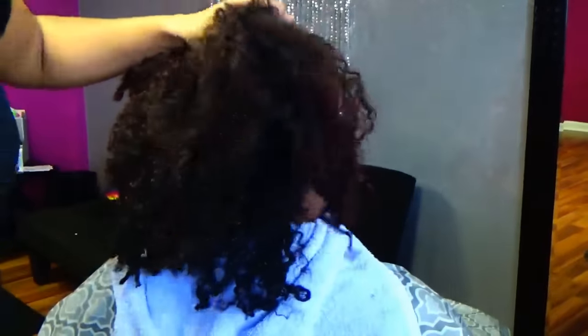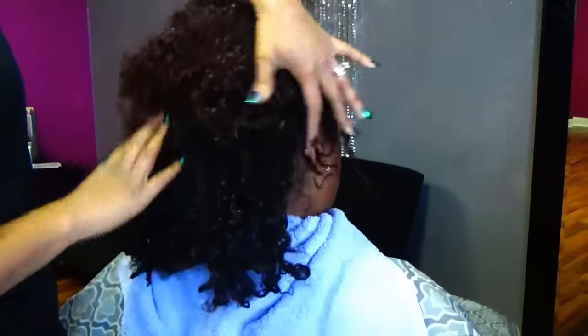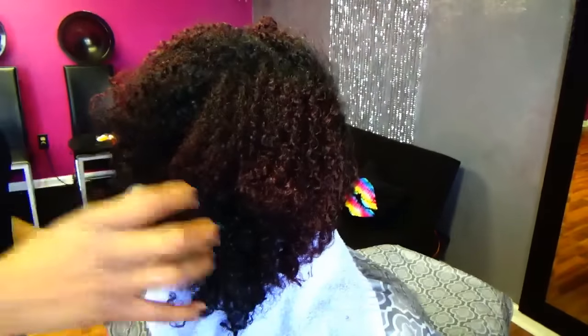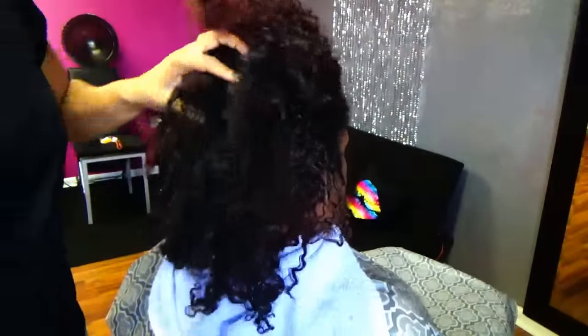Hey guys, today I have one of my clients. She's going to be getting a wash and go in her hair. This is an old wash and go from last week. We're going to just do another wash and go on her hair. And her texture, she has a few different textures in her hair, and you'll see the difference